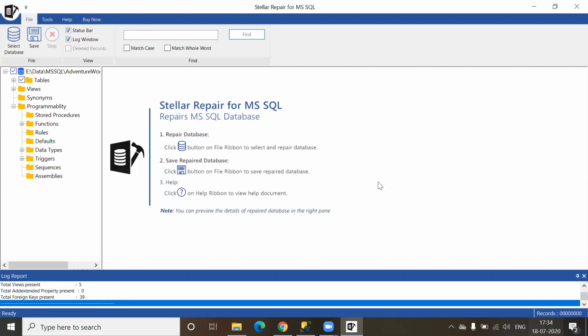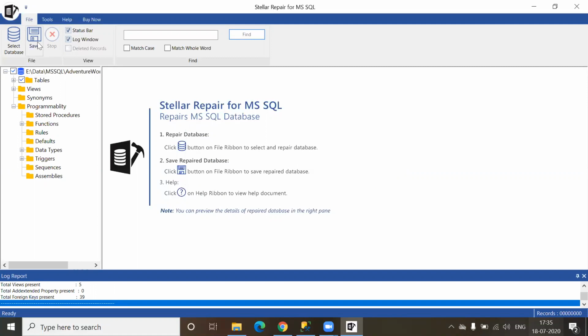Now, as your database is repaired, your MDF is repaired. And now, if you want, you can use the same copy of the MDF and LDF file to attach and create a new database. It means it will do all the changes in the exact same copy.